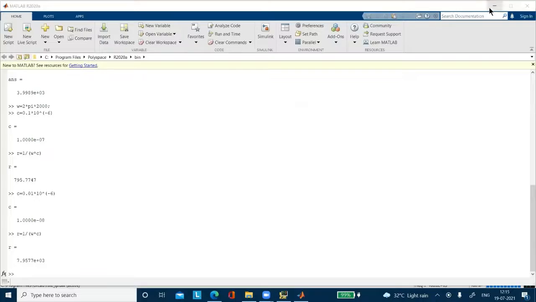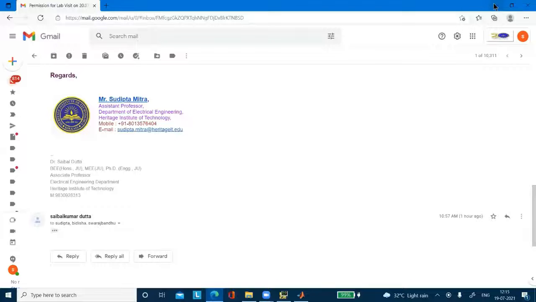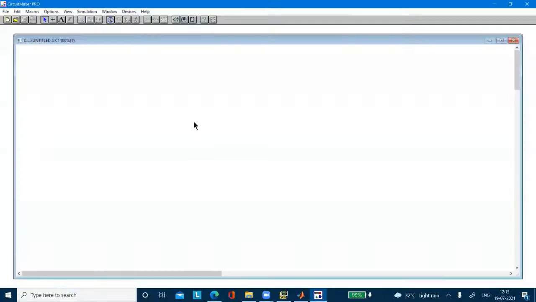All right. Now I will show you in CircuitMaker briefly. You can also perform this experiment in CircuitMaker. It will take 5 minutes only. Now let us consider a G. I am pressing a G. G means generator, AC generator. Okay, I'm pressing a C. Then a resistance R.